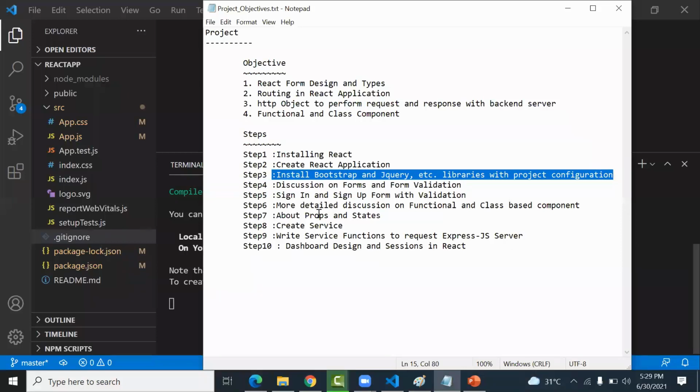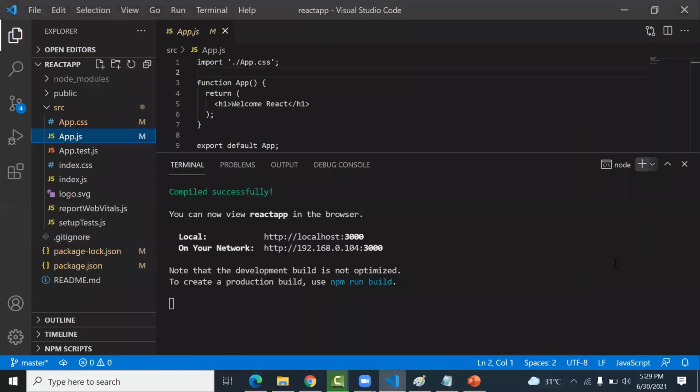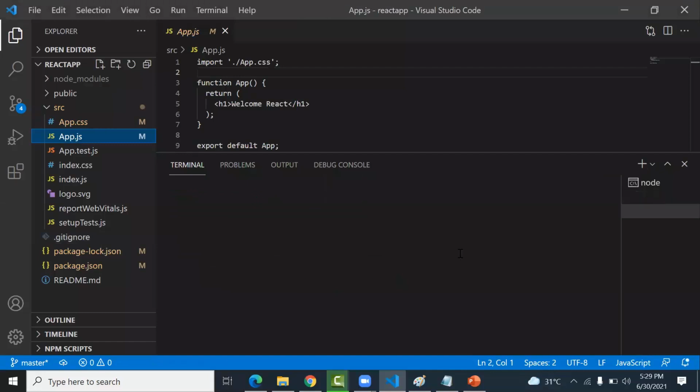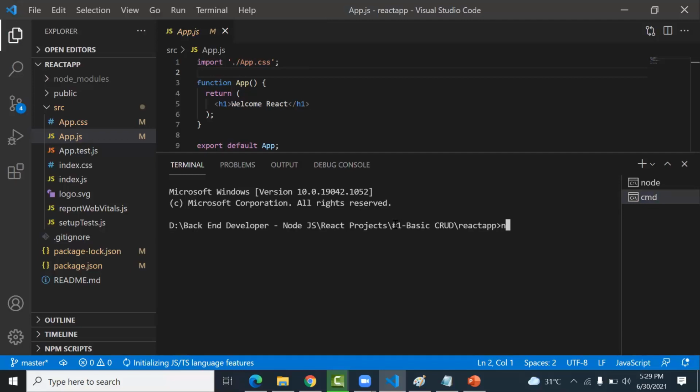So now in this command prompt, I'm going to install Bootstrap. To install Bootstrap, I type npm install bootstrap. So this command installs Bootstrap, and similar command you can install jQuery also.